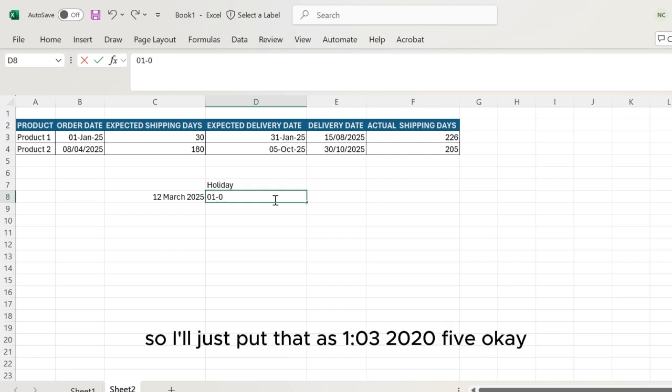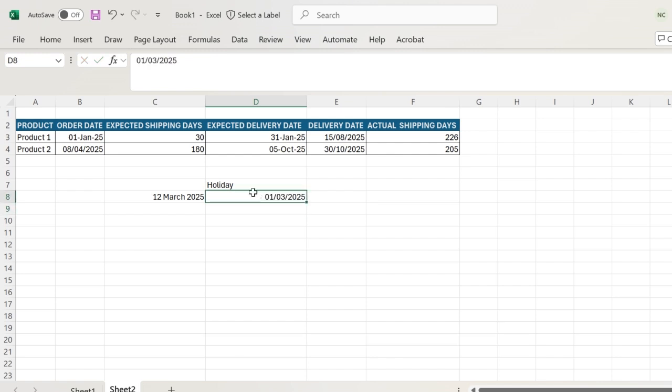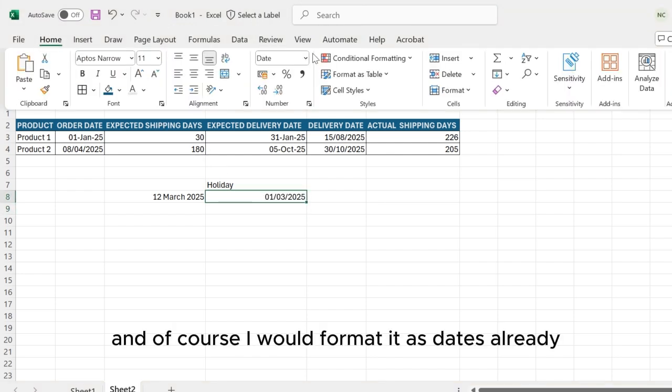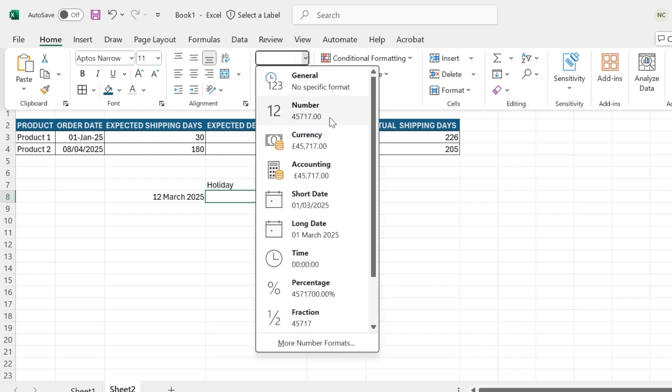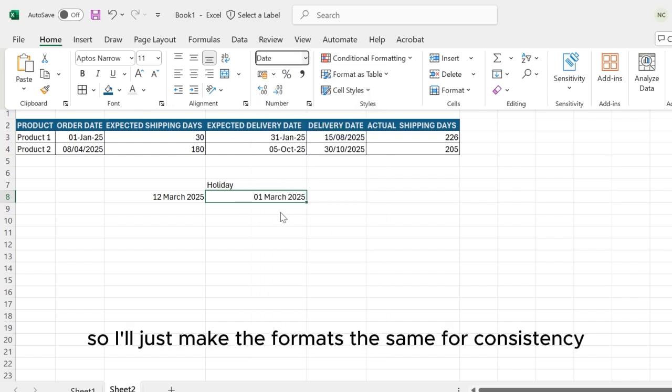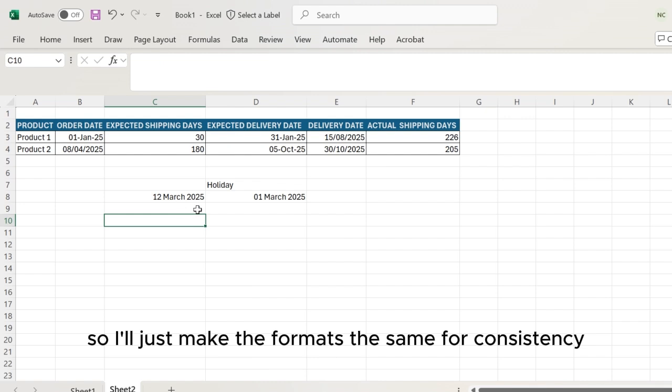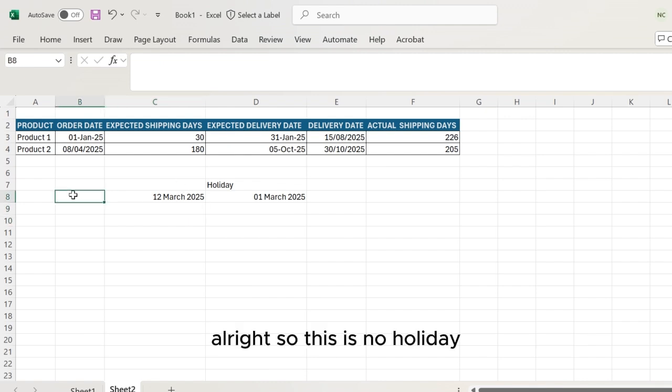So I just put that as 1/03/2025, okay? And of course, I would format it as dates. I'll just make the format the same for consistency. All right, so this is no holiday,